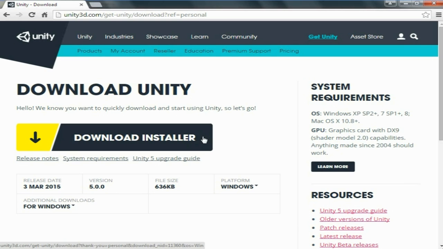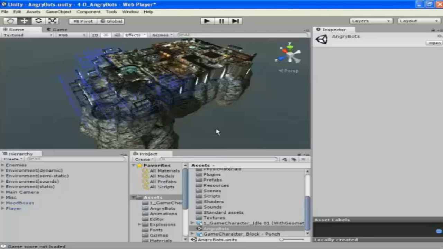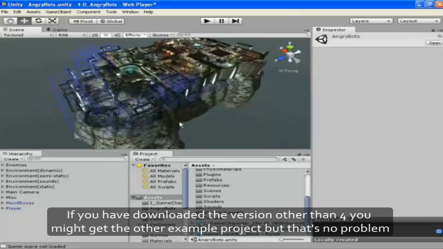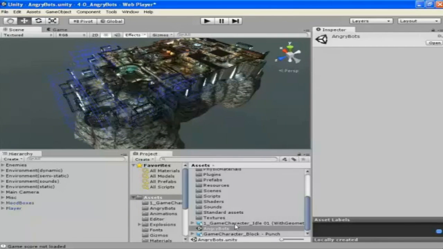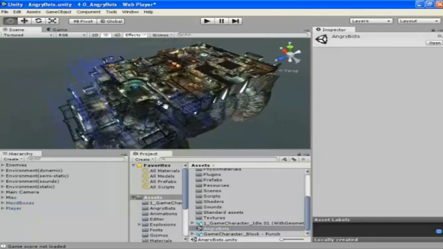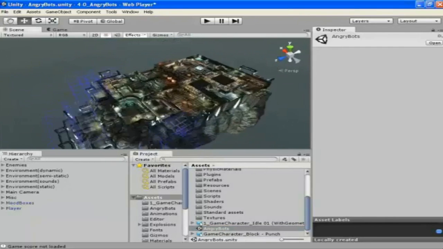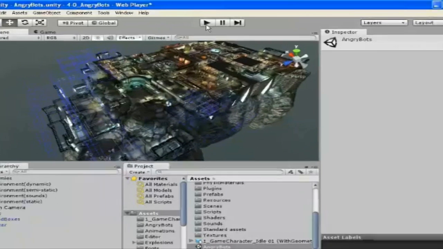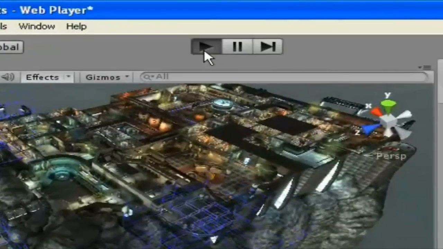After downloading and registering, when you open Unity, you will notice that a scene is open and an example project is already there. But if you don't find that first appearance of the Unity editor with the scene on it, then you can click on the scene written down below, named Angry Bots. Then you will get this scene opened. You can see a rectangular game object which comes along with Unity 3D. If you want to test the game, you just need to click on the play button.